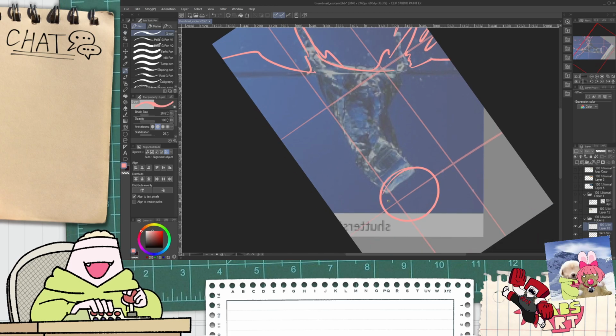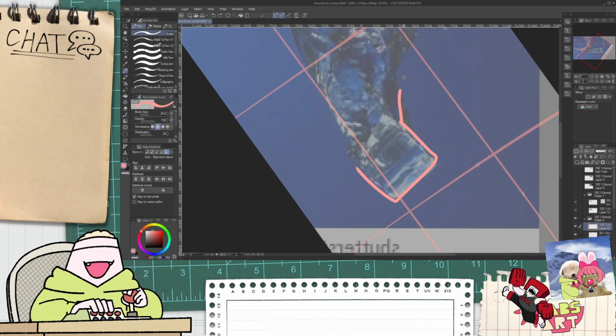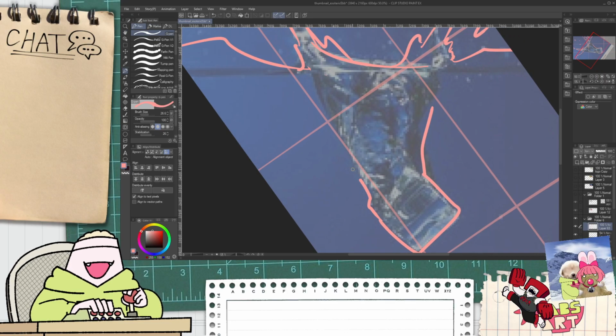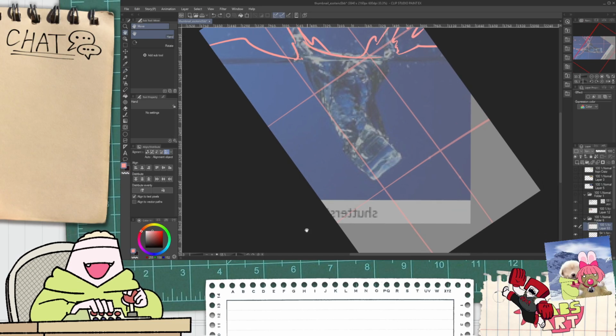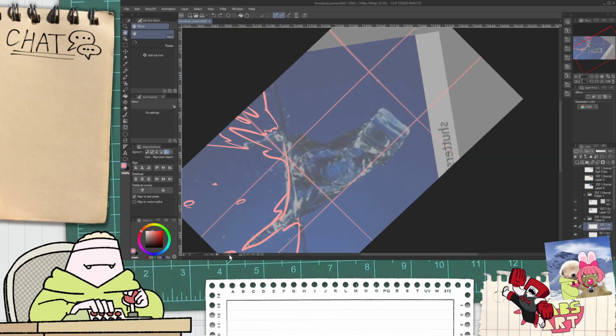So I think the other thing we're going to need is the general shape of my character, because if you see this ice cube here, it kind of creates an almost sort of tunnel for itself as it falls. So I think that's going to be important as a detail.